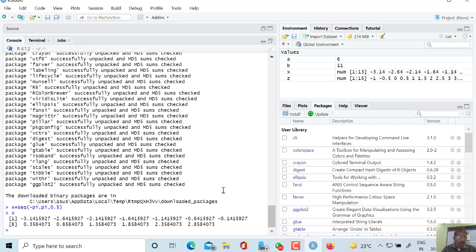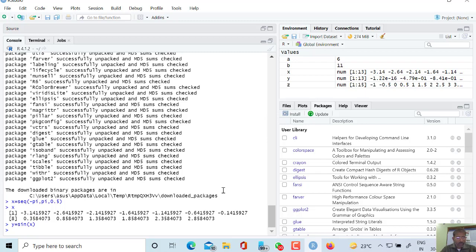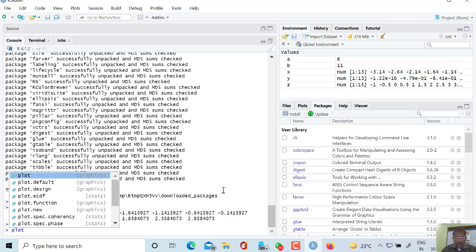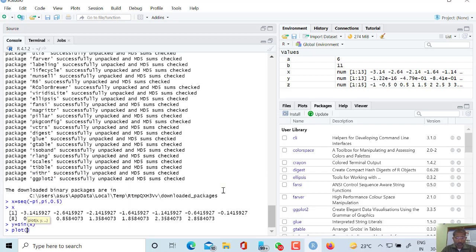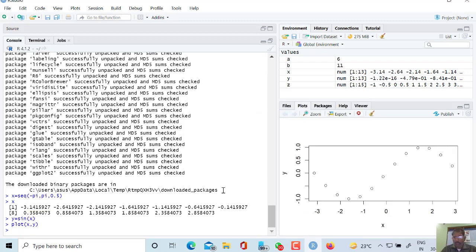Now I want to calculate the sine curve here. So y equal to sin of x. First of all I have to declare the value of y in terms of x. So y has been declared. Now I am using the plot function. So for plot function it should be between x and y and I can directly plot here. So you can see that the plot has been displayed here in the plot.